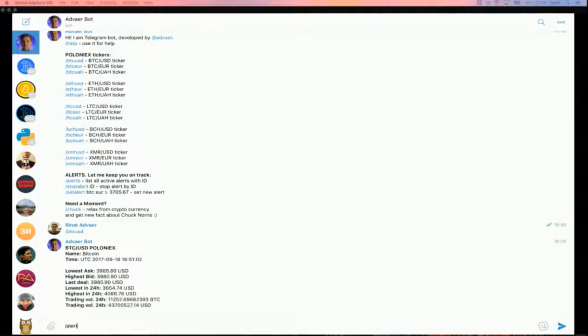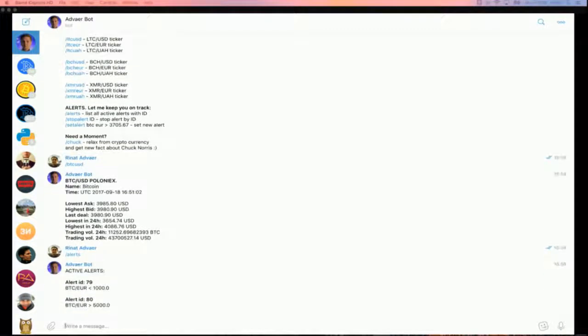You can set alerts for this cryptocurrency, and the bot will inform you when the rate of this pair falls below or rises above the value that you define. So I hope the first alert will never be triggered, and I hope the second one will be triggered as soon as possible.